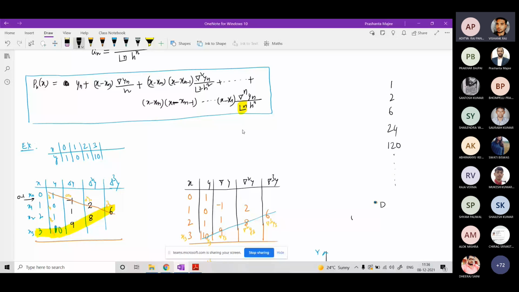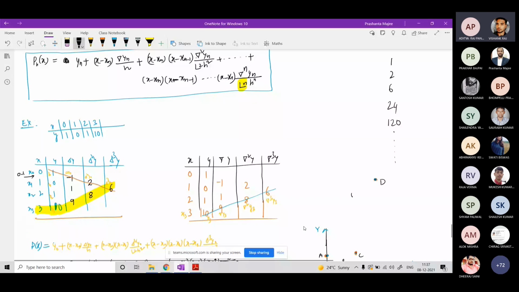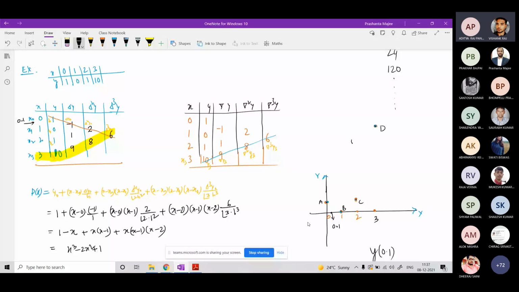All these values that come, x minus x_n, x minus x_(n-1) up to x minus x_1, how will they be divided? By factorial n, and factorial n is a very large number. For a large value of n, that value will become very small. So the term corresponding to the higher order differences will contribute a very small amount to the output value. So if you want to evaluate the value at 0.1, you may neglect the last data point, and considering only the first 3 data points, you may create the forward difference table and find out the output values.